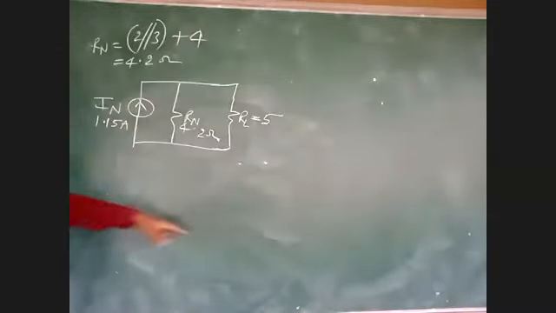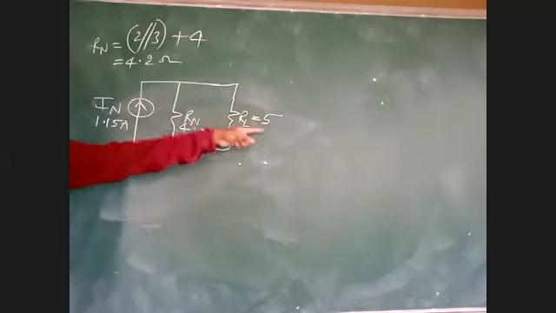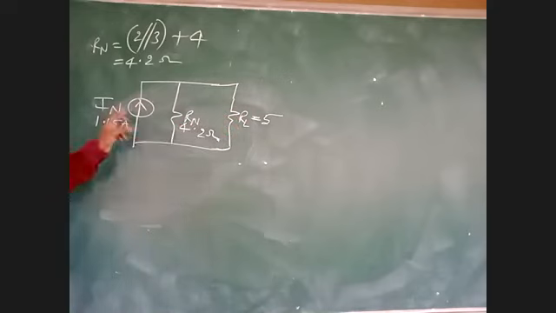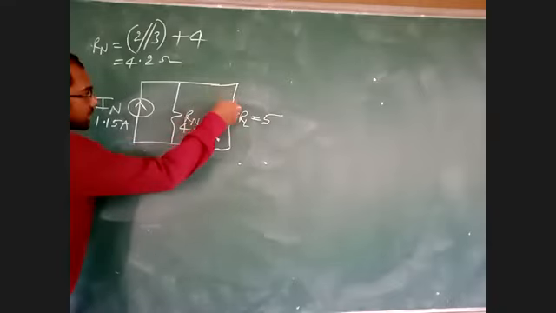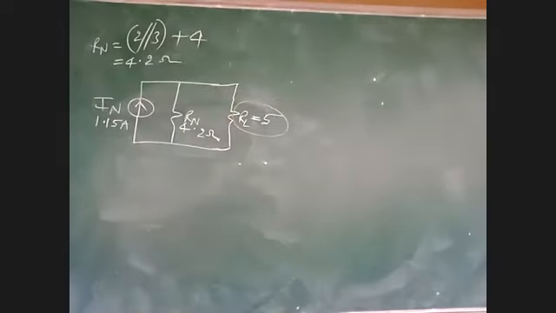Whatever resistance we have removed in the circuit, that resistance will be placed in parallel with this. The 5 ohms we have removed should be placed in parallel with IN and RN. Now see here, they are asking us to determine the current in this 5 ohms. In the problem, he is asking to determine the current in 5 ohms. Apply current divider.